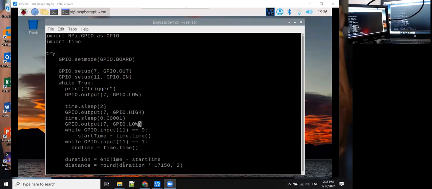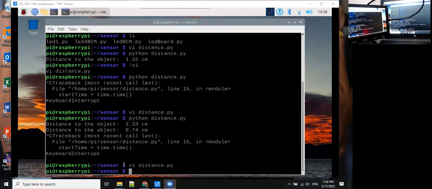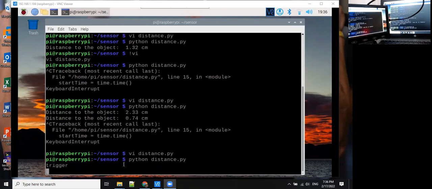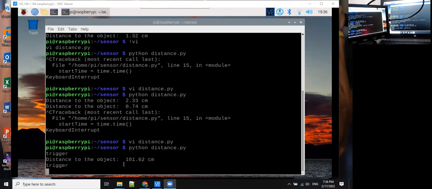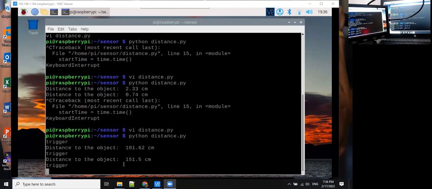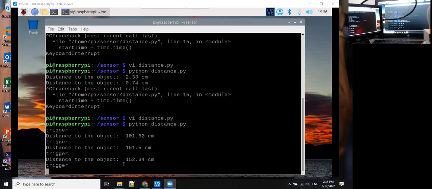Yeah, sending out a trigger and then stop. In that way, it can be doing. So we can get continually,